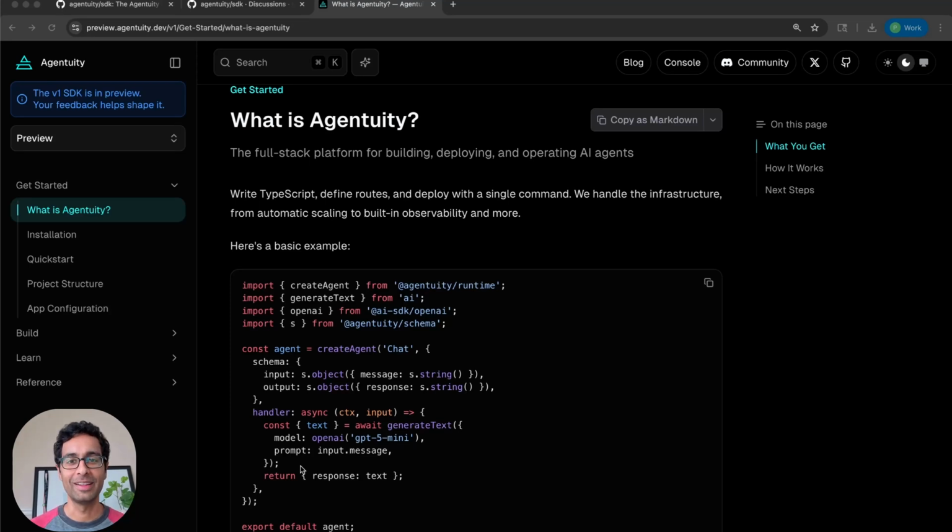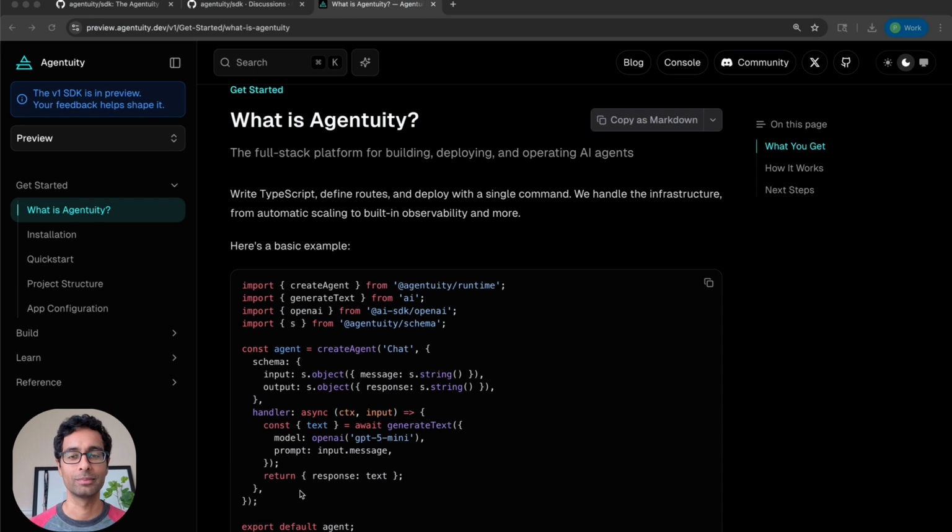I'm a DevRel here at Agentuity, and today I want to show you a sneak peek of our brand new V1 platform. So we just launched our first preview release of V1 called Alpha, and that's what we're going to take a look at today. But V1 in general represents a huge step up in the way that you build agents with us. And you get things like the ability to add a front end for your agents and deploy all of that within a single project. And so today we're going to walk through a quick template